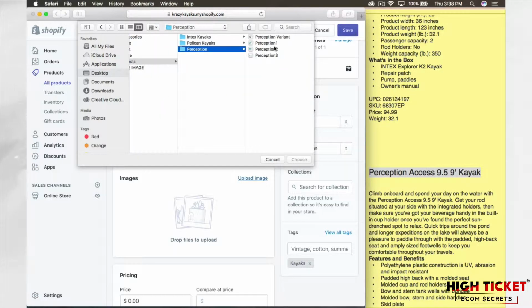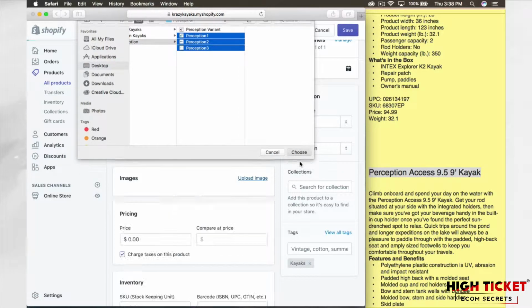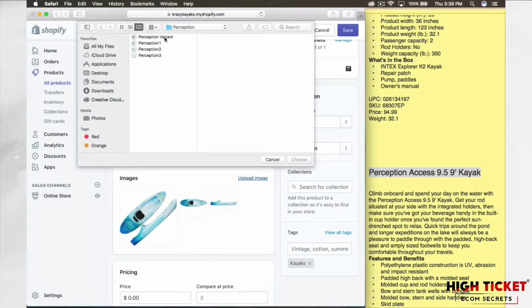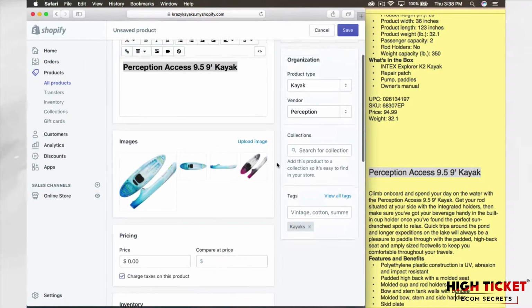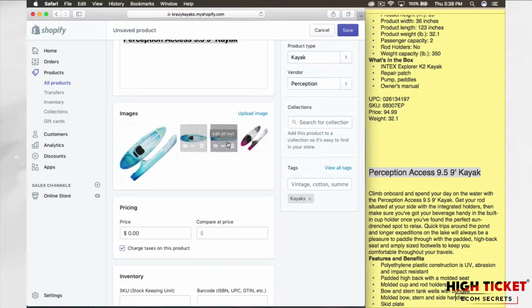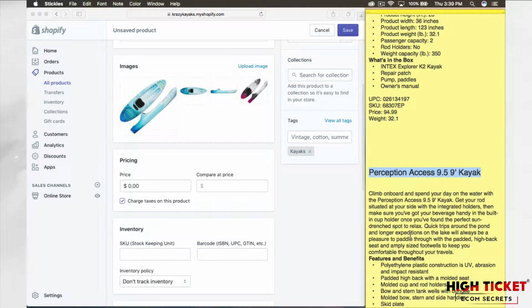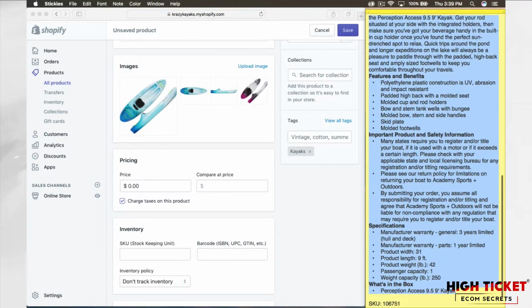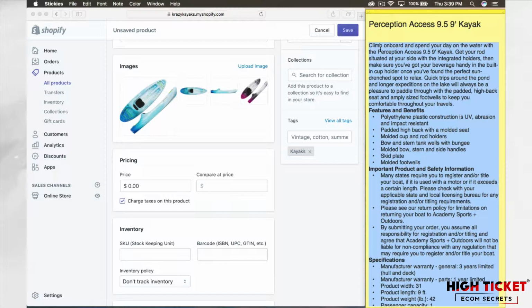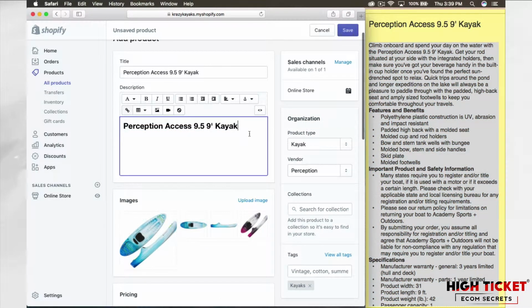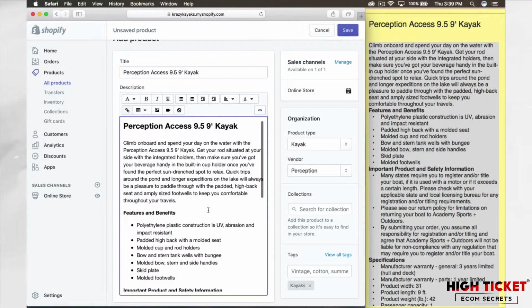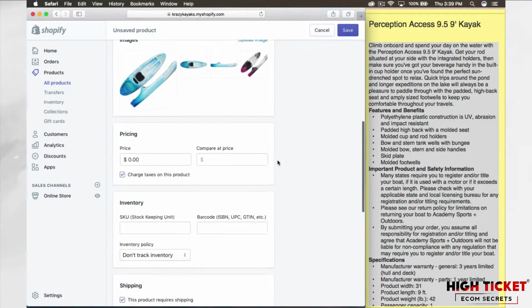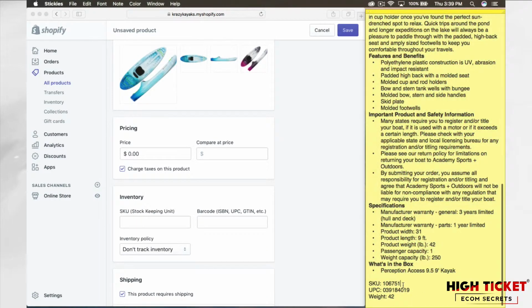All right, perception. All right. So perception 1, 2, and 3, and perception variant. All right, here we go. So now we have all of our images uploaded. Don't forget our description here. There we go. Looks great. All right, we've got our SKU,